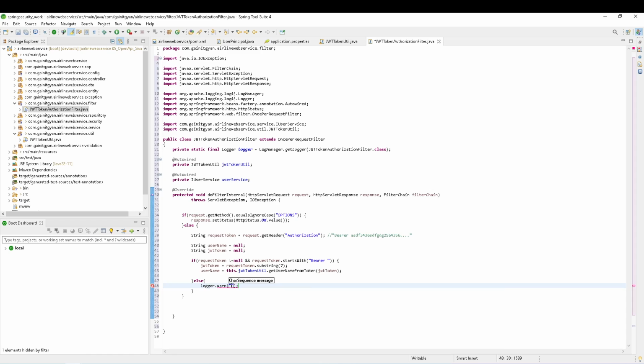Okay, and it would be "JWT token is null or does not begin with Bearer string" for URL, and I'll give the URL here, request URI. Okay, so next what I'm going to do is, if the username exists, okay, the username is returned,